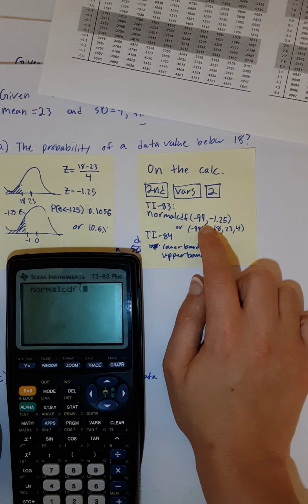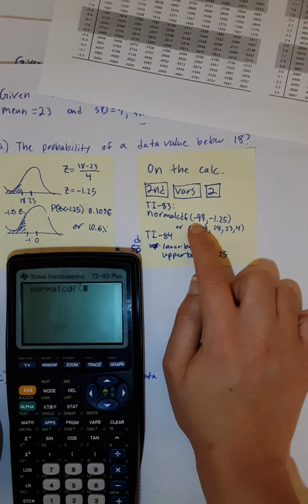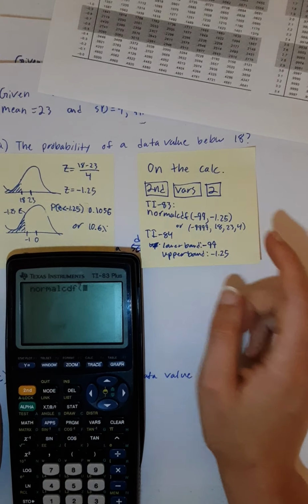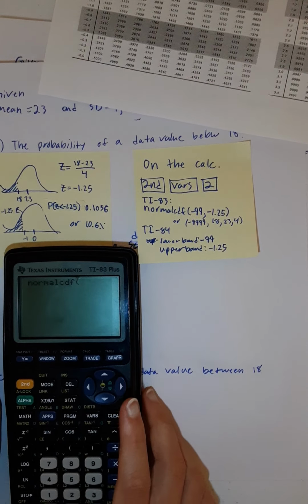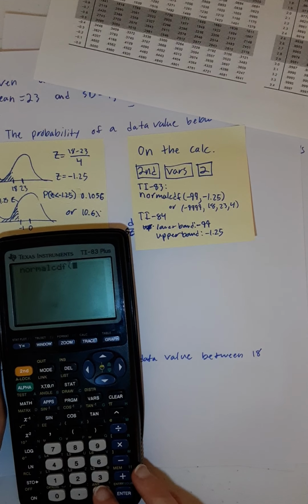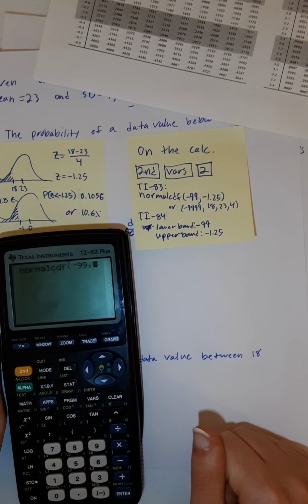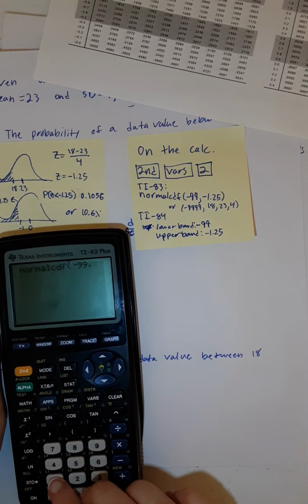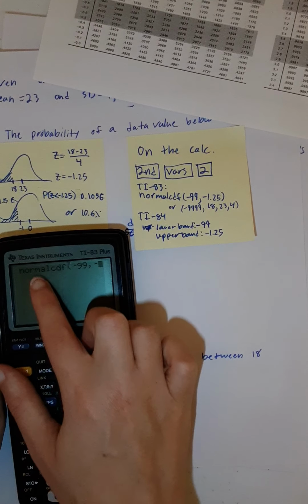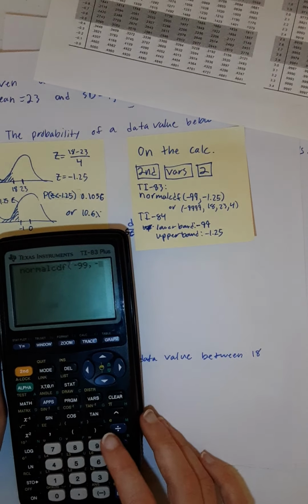We know that since it's really unlikely, 99.7% of our data is within 3 z-scores. So if we go negative 99 z-scores, that's super unlikely. So I'm going to use negative 99 as my lower bound, kind of instead of negative infinity. So negative 99, and then I go comma, and I put my upper bound, which is my z-score. That's where I stopped shading. That's the upper bound of my shaded region, negative